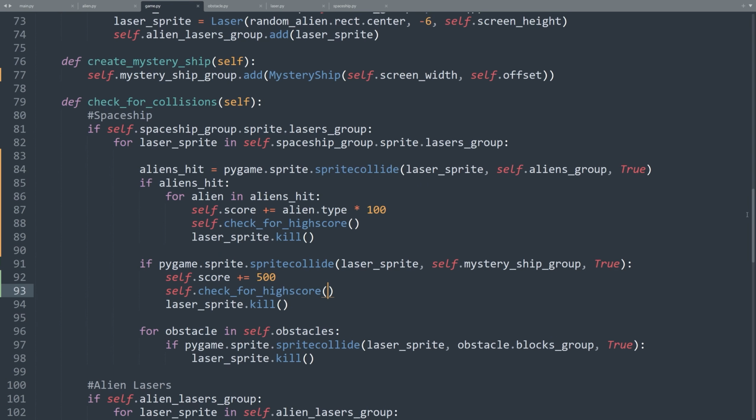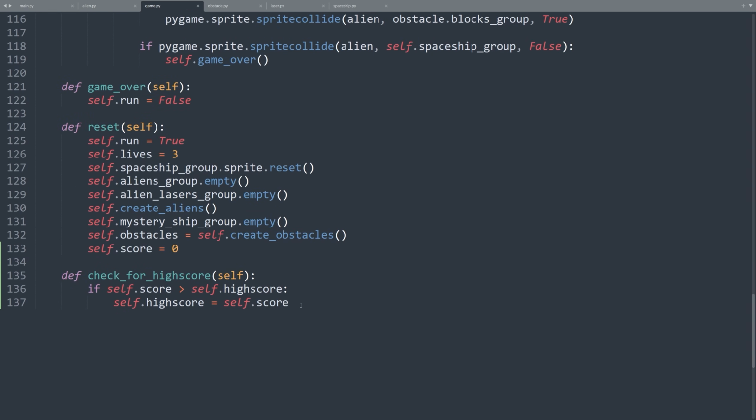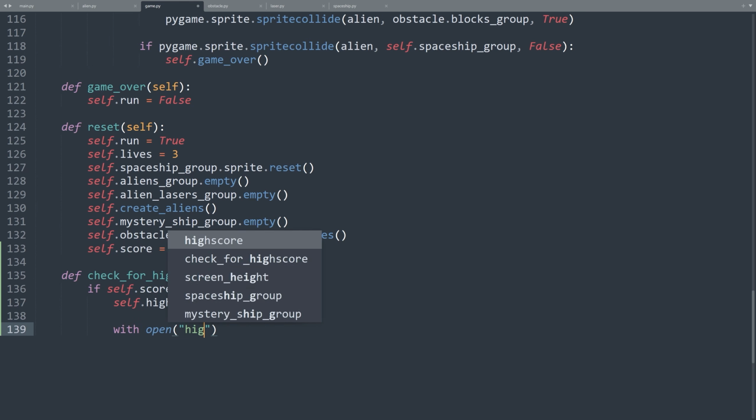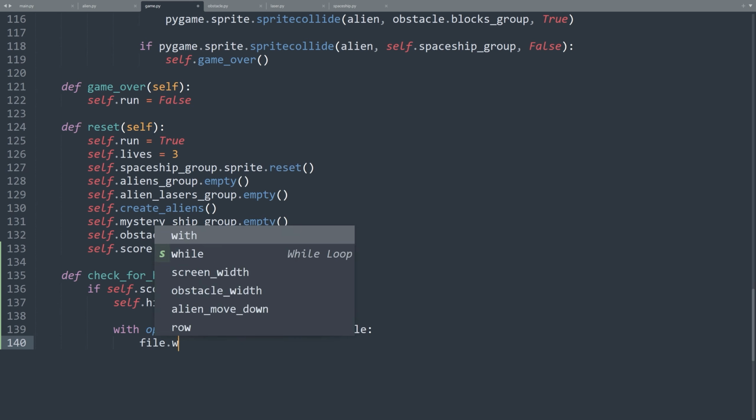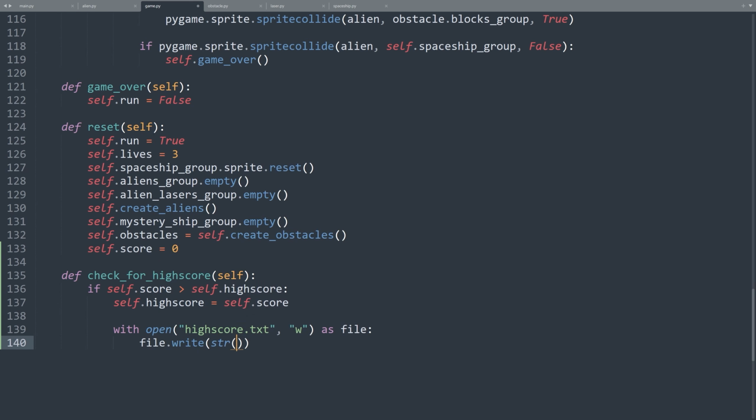Let's go to the Game class. Inside the check_for_highscore method, we check for high score. When that happens, we can save that high score to a file. We need just 2 lines of code. with open("highscore.txt", "w") as file: With this line of code, we create a new text file with the name highscore.txt if it does not already exist. Now we have to write the high score in it. file.write(str(self.highscore)). That's it. Now we have to load this value when the game starts at the high score attribute.